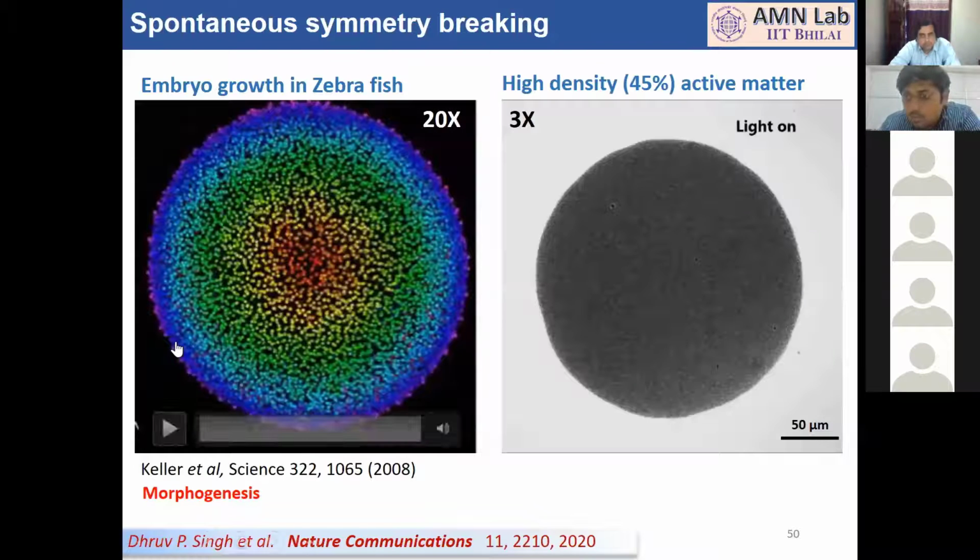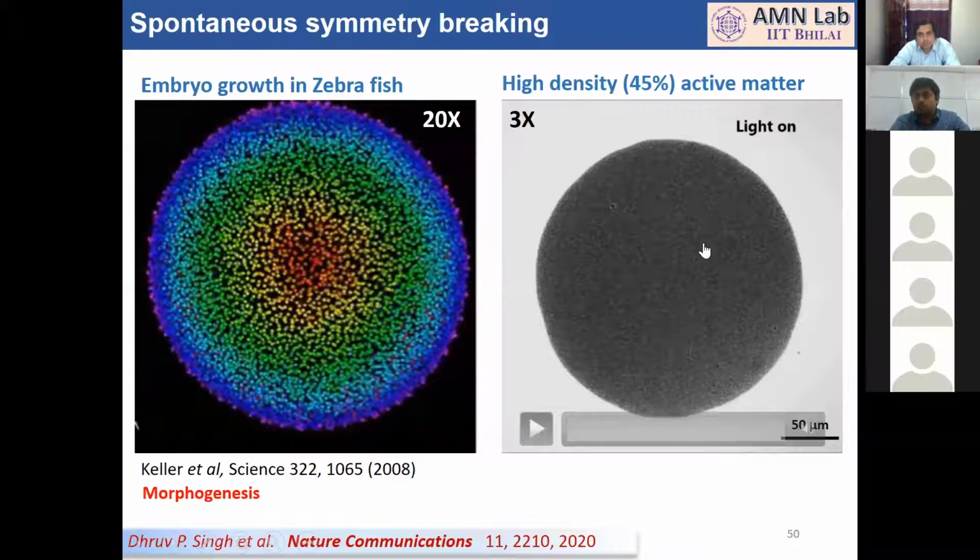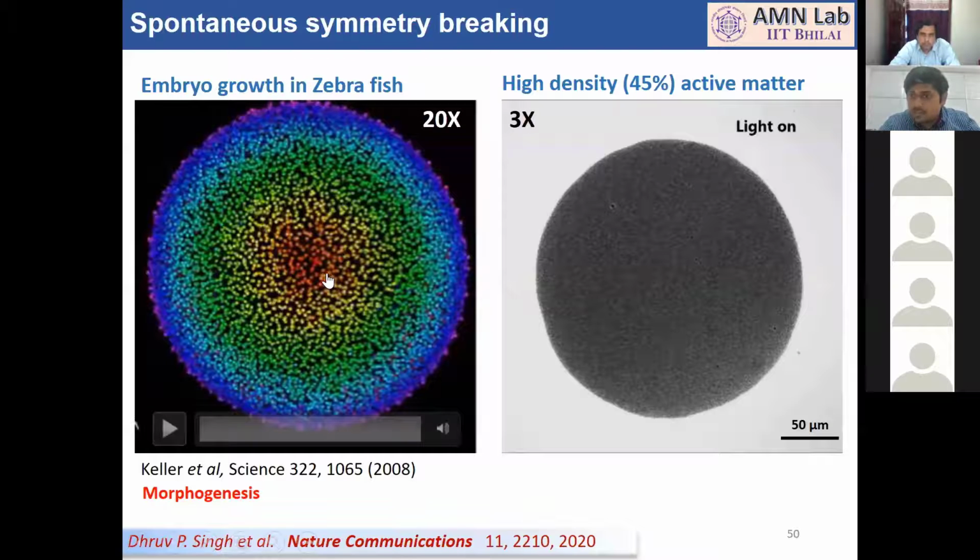we put a large number of nanomotors in a circular chamber. They are confined in a circular region. We form this circular region with a water droplet. There's a water droplet on the glass surface, and I'm seeing them from the bottom, and all the particles are sedimented at the bottom of the droplet. This is the bottom of the droplet that you are seeing here, and from the outside, it is covered by oil. Basically the idea was to make things as similar as we can in the artificial system.